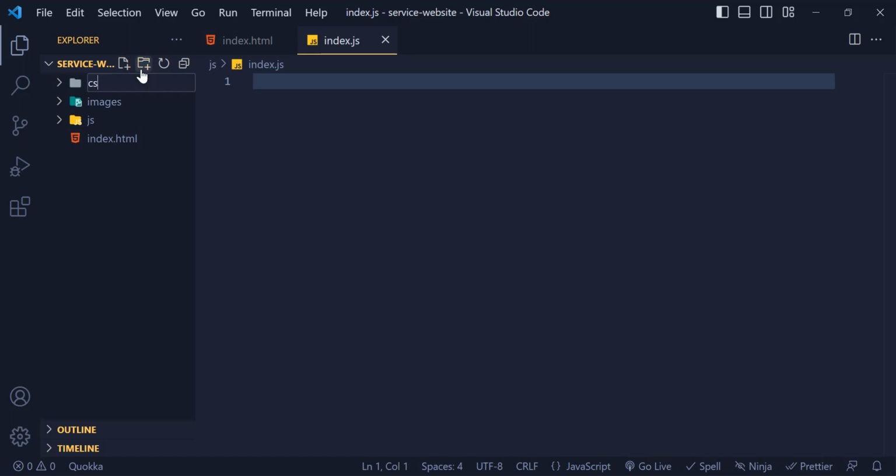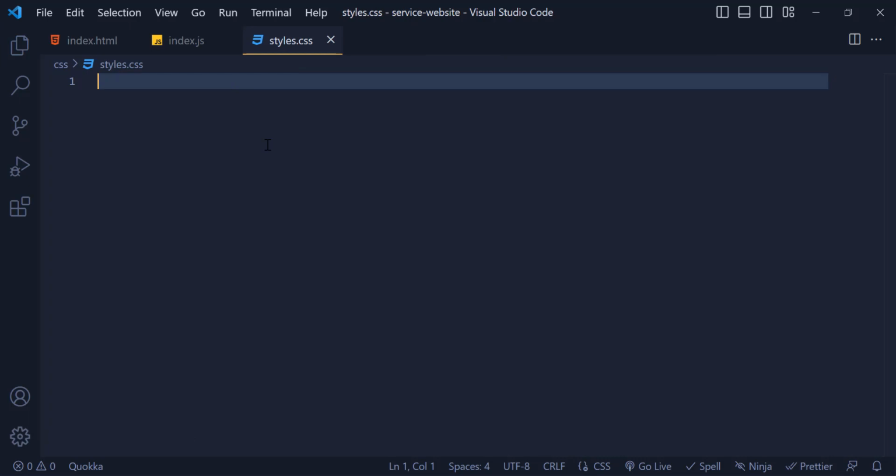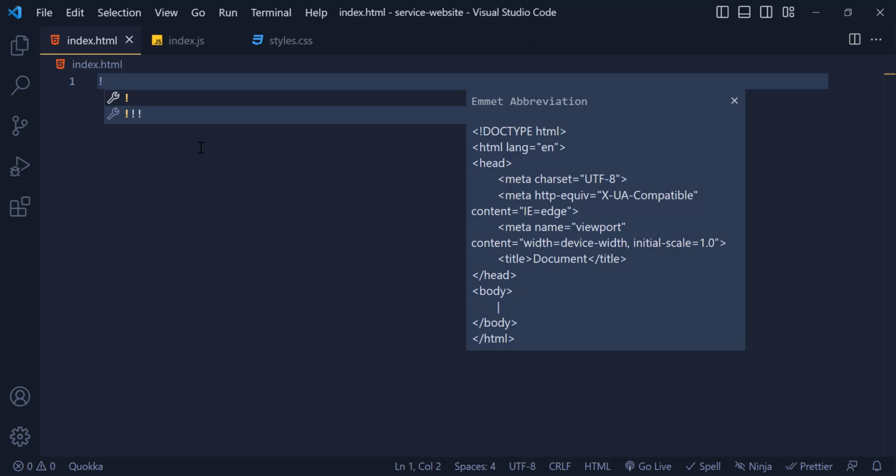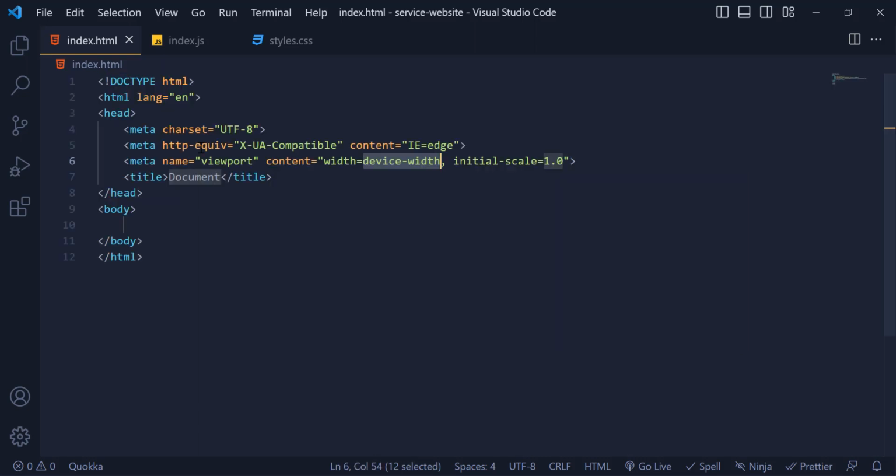So I just write css. And inside that, I have a file, styles.css. Okay, now let's link these two files inside the HTML. So inside the HTML, just type the exclamation mark, and once you have this exclamation mark, just press enter. Now I'm gonna change this title to